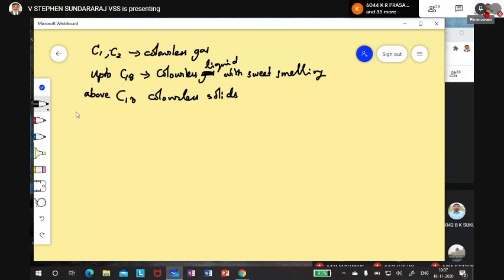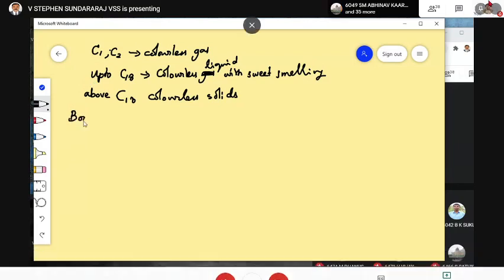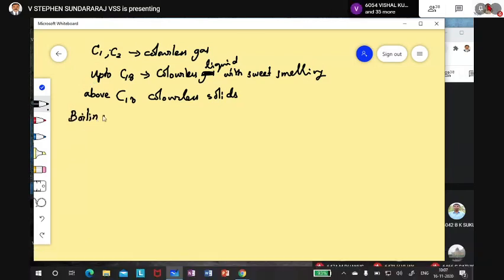The next one is about boiling point and melting point. Only in one place will I mention the melting point, otherwise boiling point. Before going for the discussion, remember that I have already discussed with you the level standard. First of all, boiling point. There are two factors. The first factor you have to apply, and if it is not helping, then you go for the second factor.